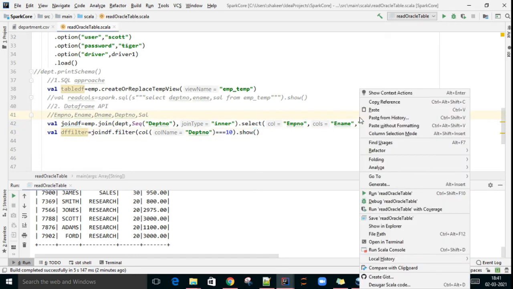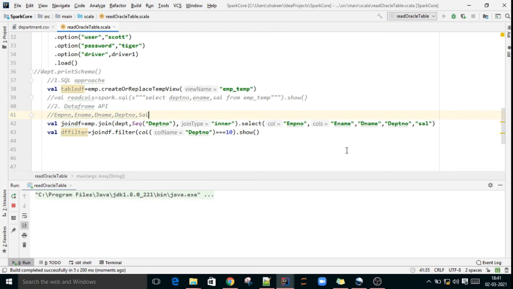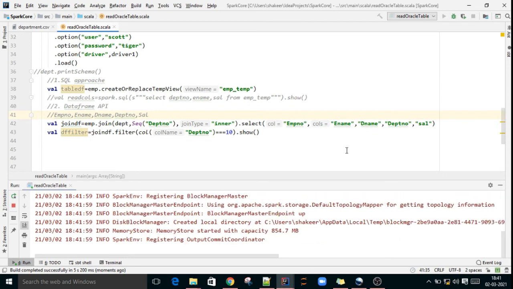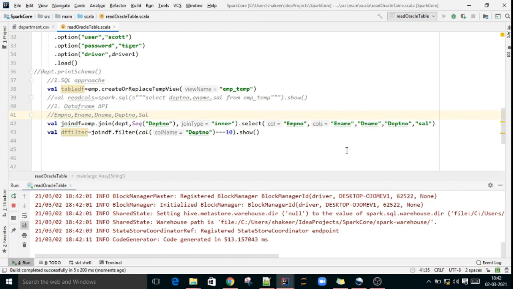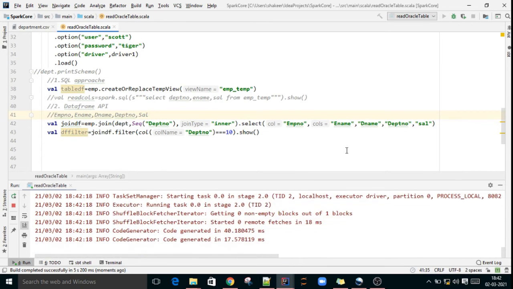If you do this now, only department number 10 data will come. So this is for example for inner join.